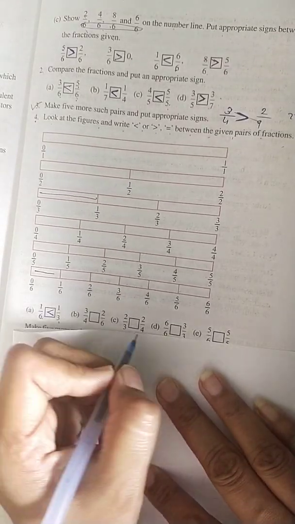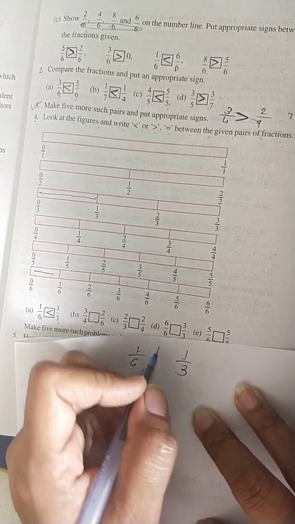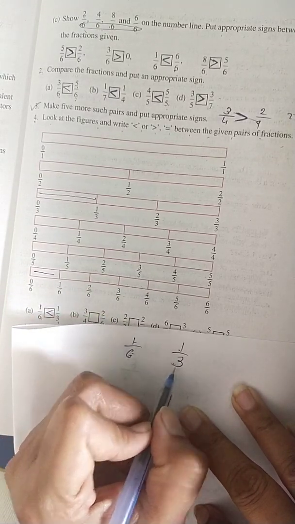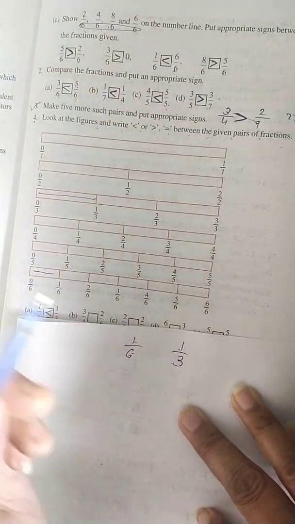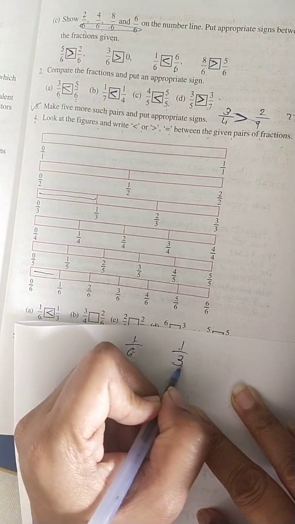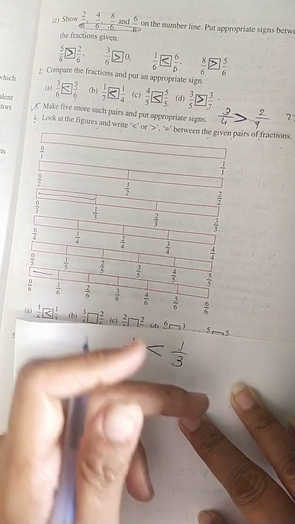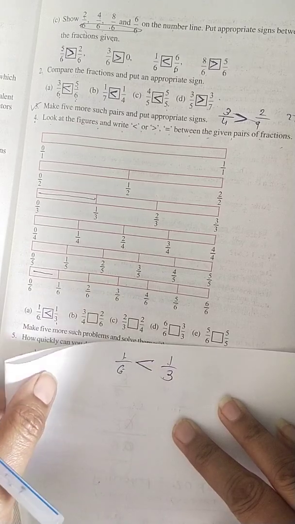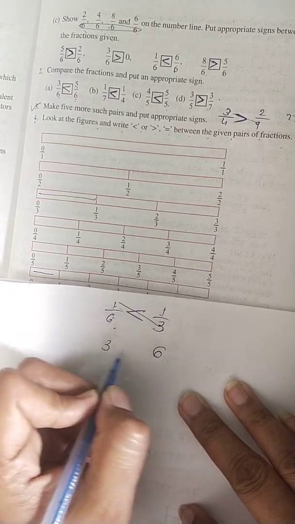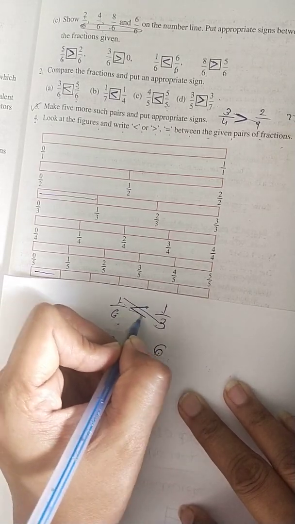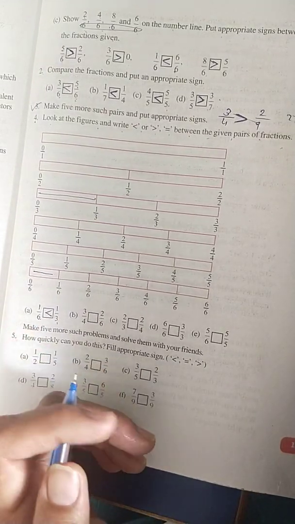But without any calculation, 1 by 6, 1 by 3. We have the same numerator. What do we have to observe? Denominator. Okay, whose denominator is smaller? That has the greater value. Already we talked about this in question number 2. So 3 is smaller, so it has the greater value. Okay, so this is 1 by 3. You can follow anything. Another method is cross multiplication. 1 three is 3, 1 six is 6. Which one is greater? 6. So here my 1 by 3 is greater. Okay, so it depends on you which method you want to follow.